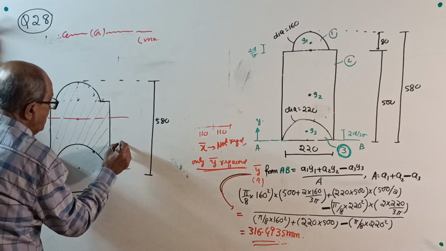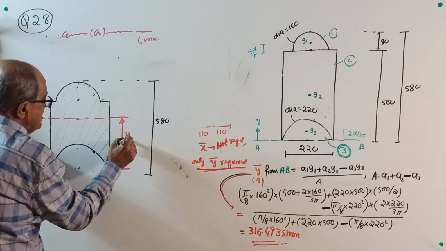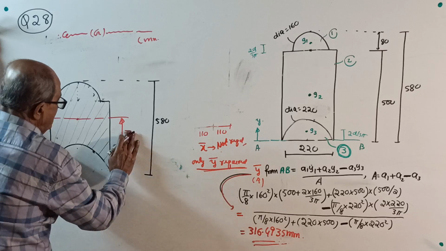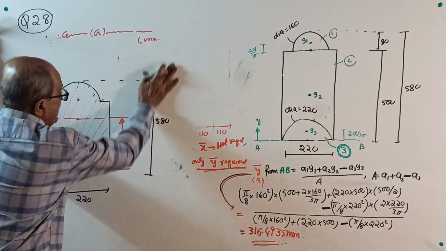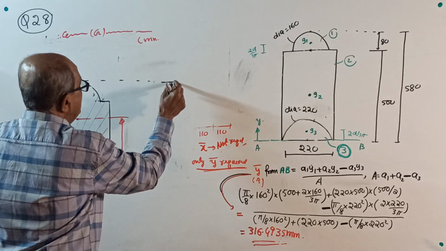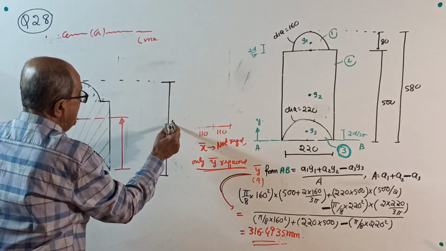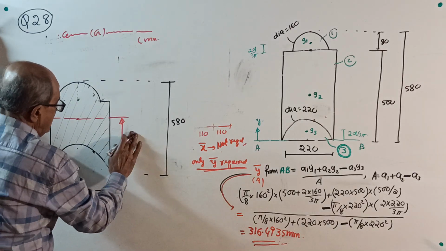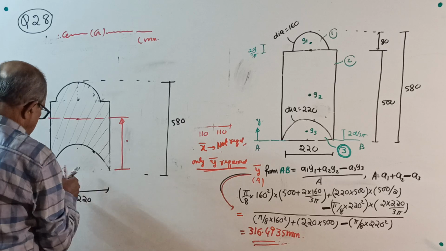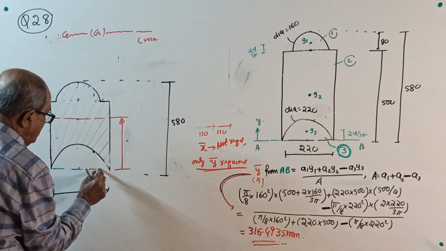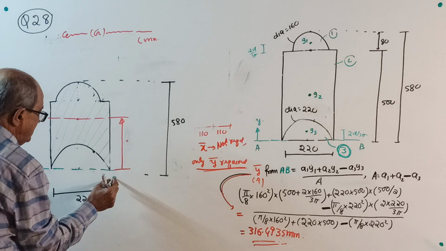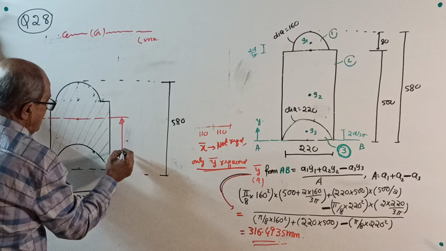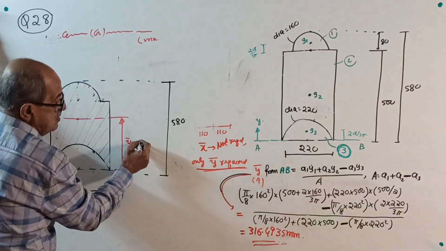See, this is your y bar. Y bar equal to 316 point. I think I wrote it with higher accuracy. This is 580. I should write y bar 316 point, because your reference line AB is here. See, your reference line AB you have taken here. From AB you have taken y like this. Therefore, it will be y bar equal to